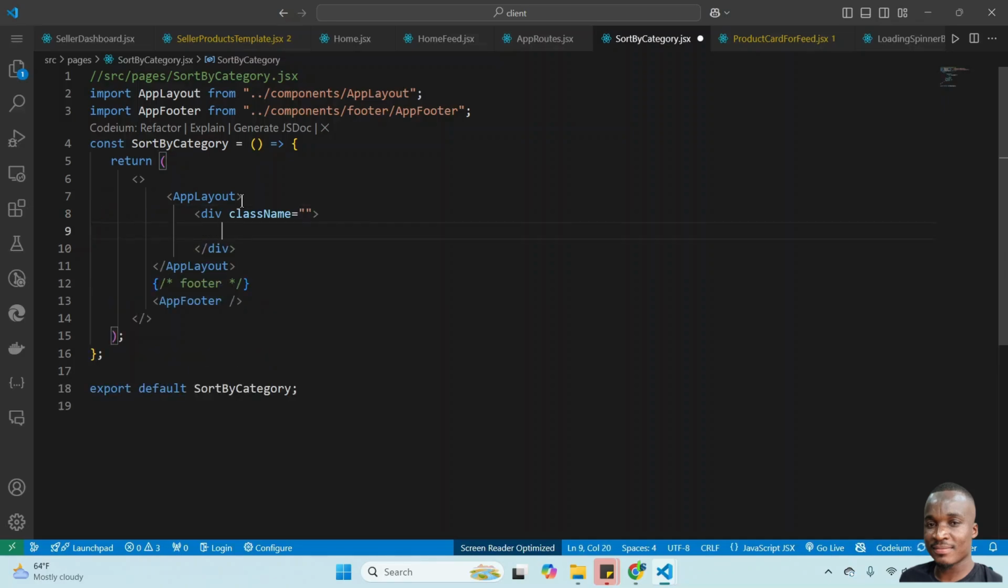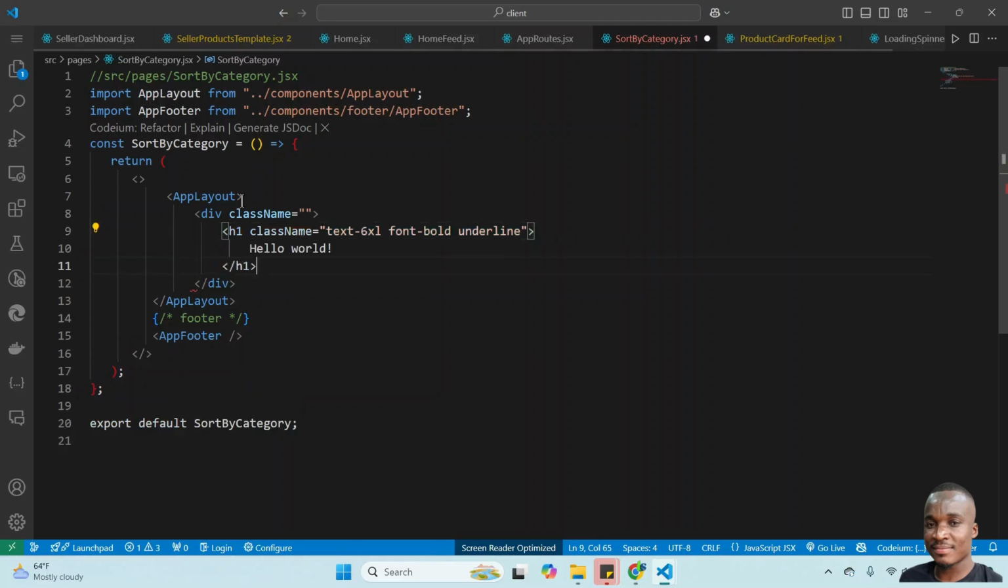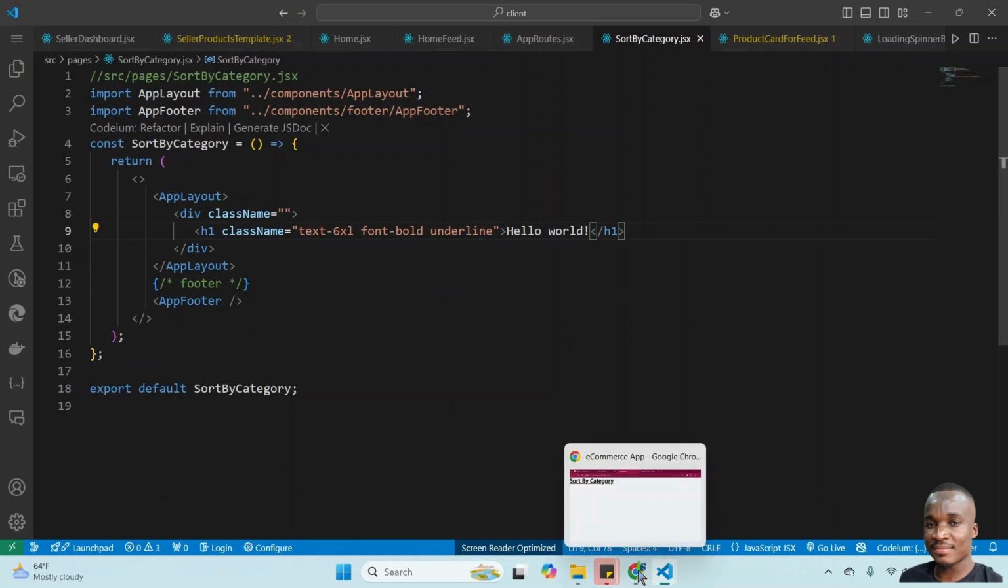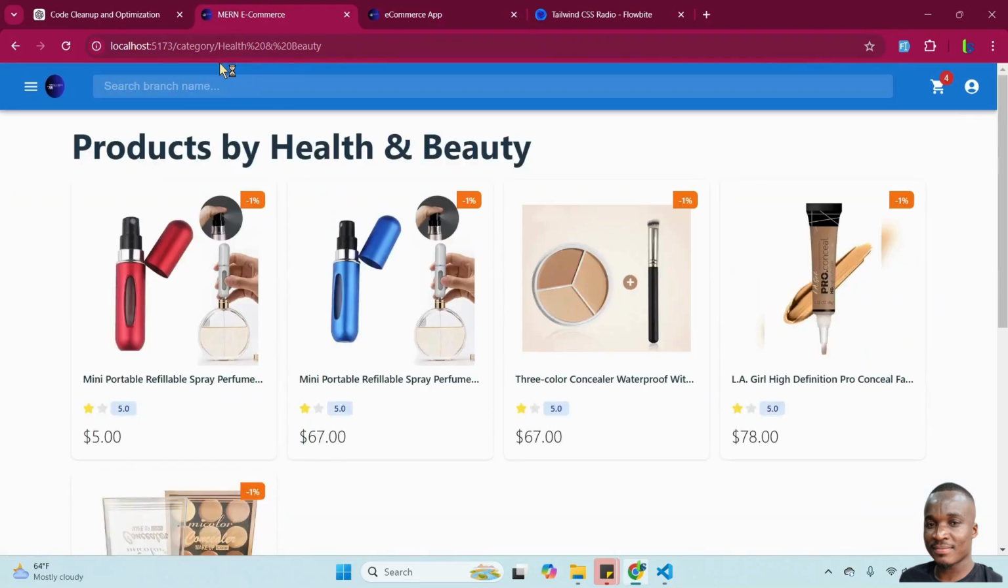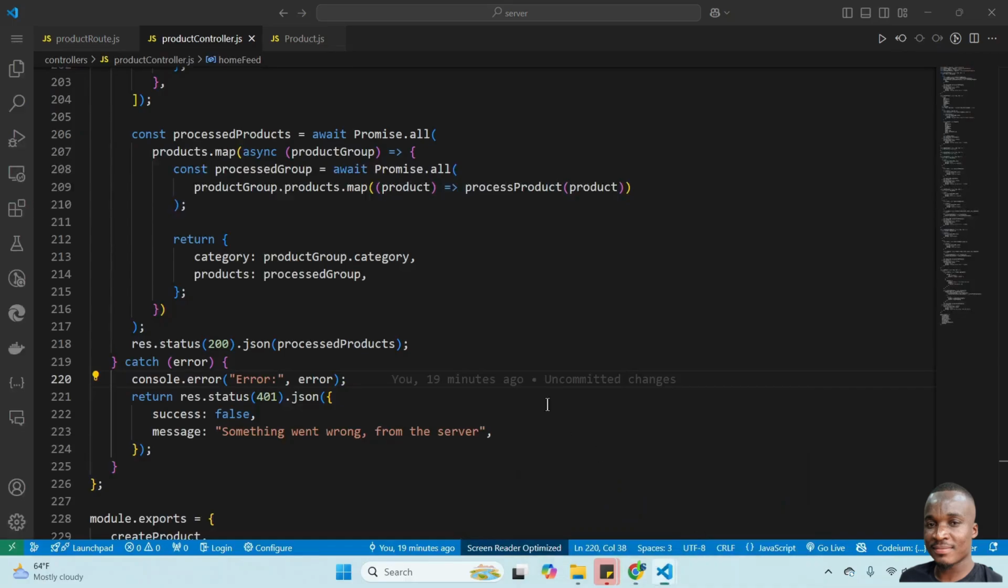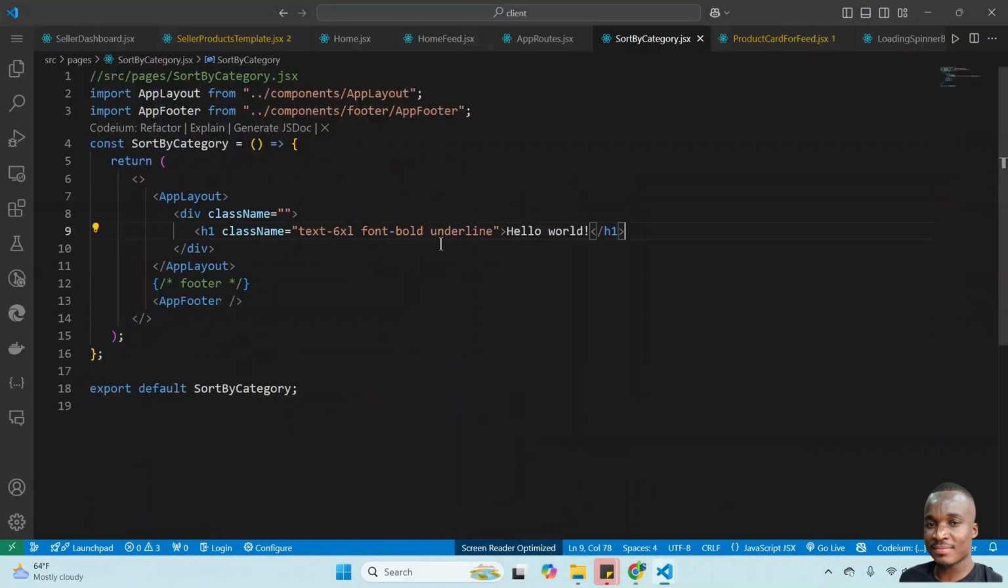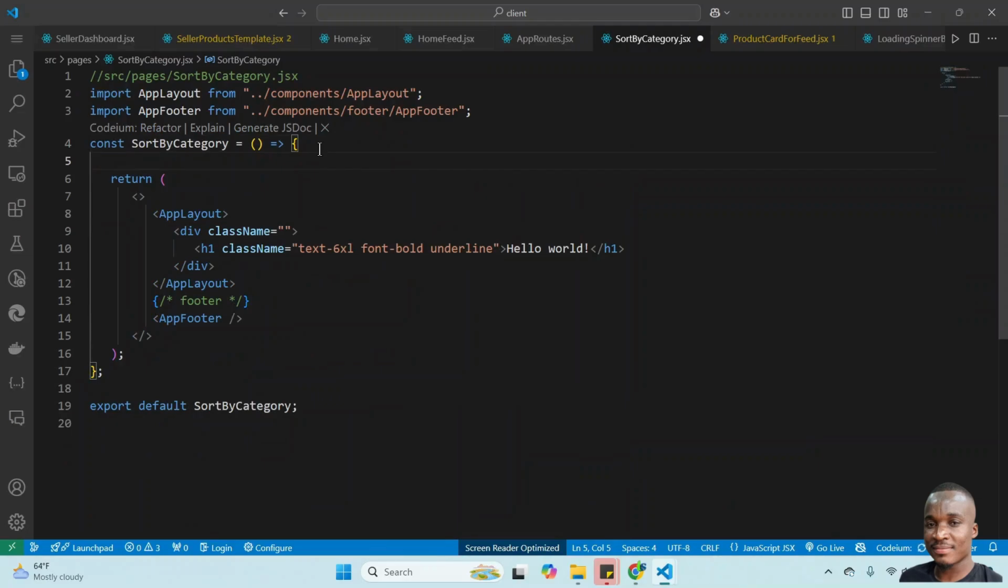And then this one, let's just say hello world. That's it. Save that, go back. Now this is what we have. So here we want to show categories like this one. So it's not much actually to do. We just want to get the category name and then get the product from that category. So to do that, we can actually use